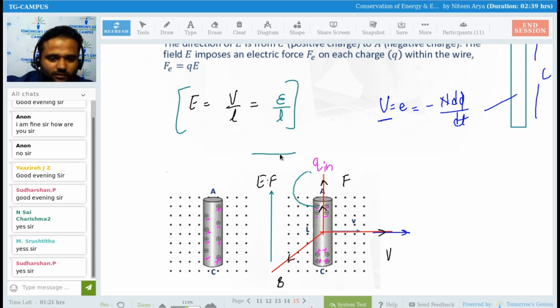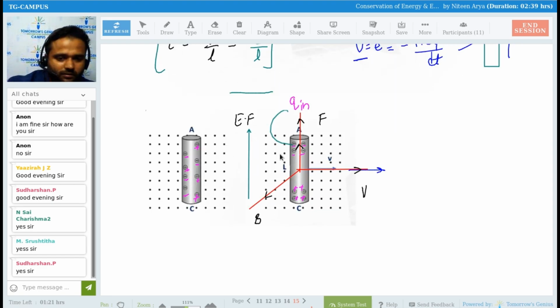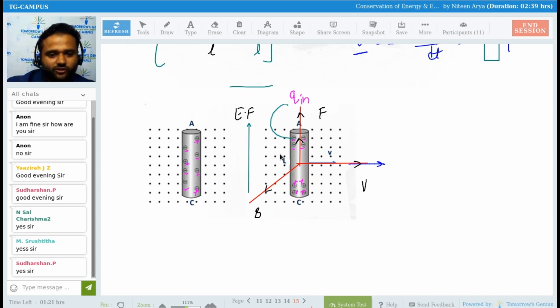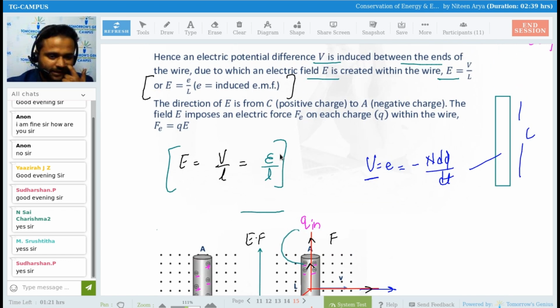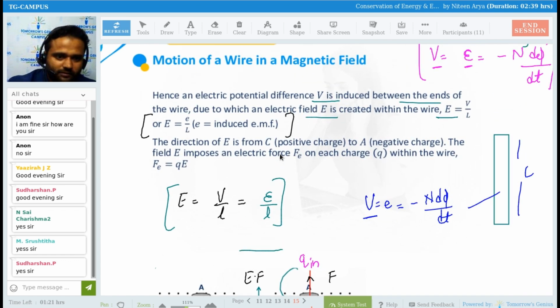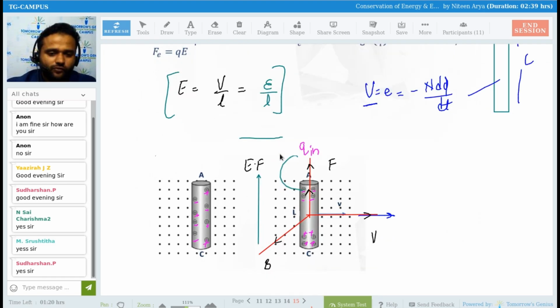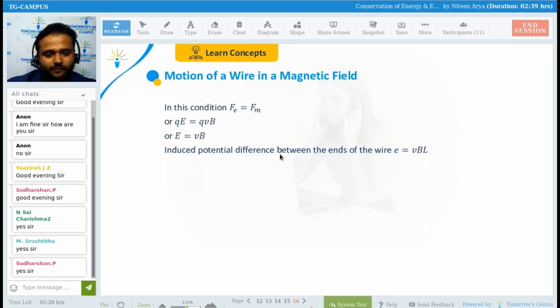Is this clear? Here the direction of electric field is this. Is this clear now, everyone? Good. So when the direction of electric field is this, it again proves the direction of electric field and the direction of force are the same thing. The force is going to be in the upward direction. So obviously because of force direction we can find this.